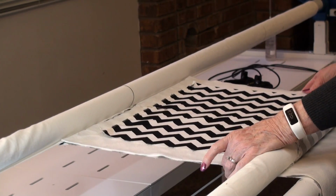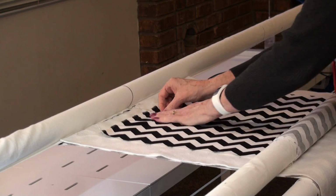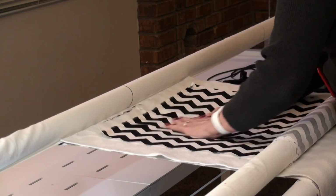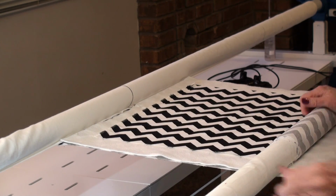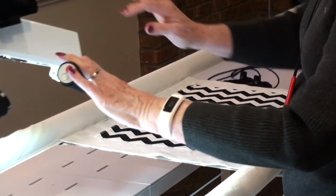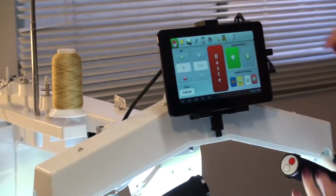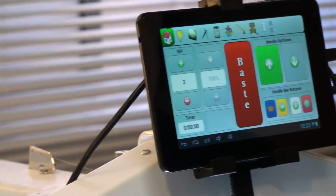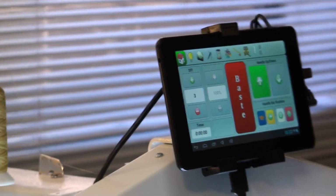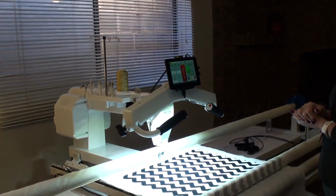Now we have some extra fabric on the side so that we can test our tension there. The next step is to baste our quilt top on. We have a really nice feature with our Android Quilt Magician where you can actually channel lock it if you're using the Quilt Magician. Today I'm going to do one side using the base stitch on our